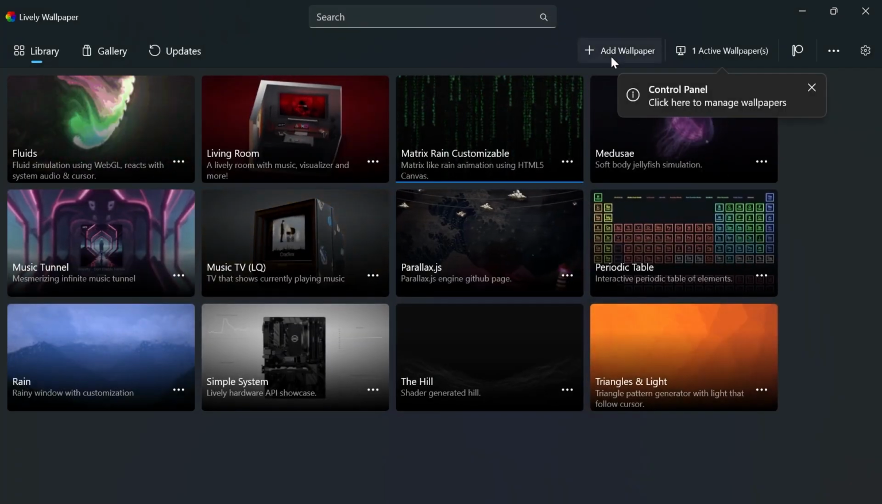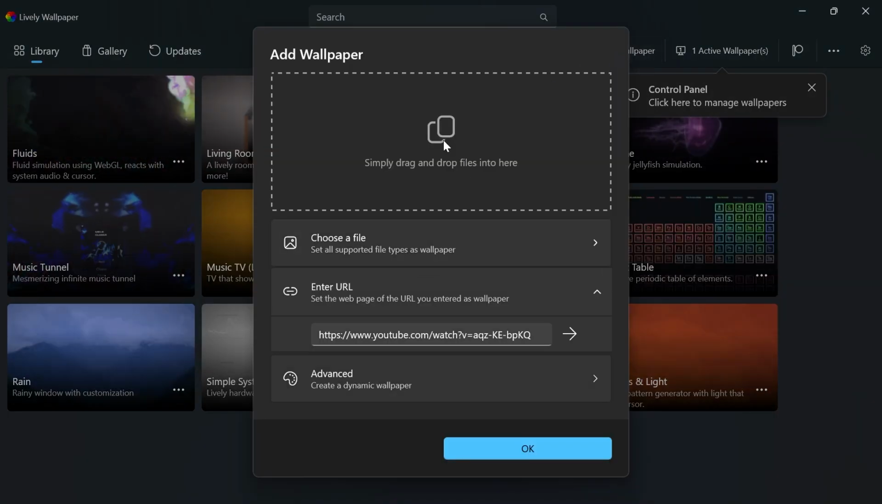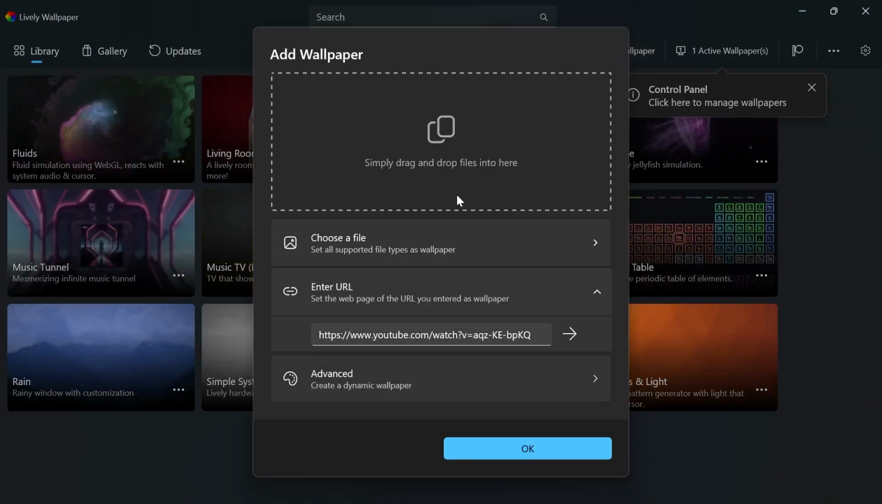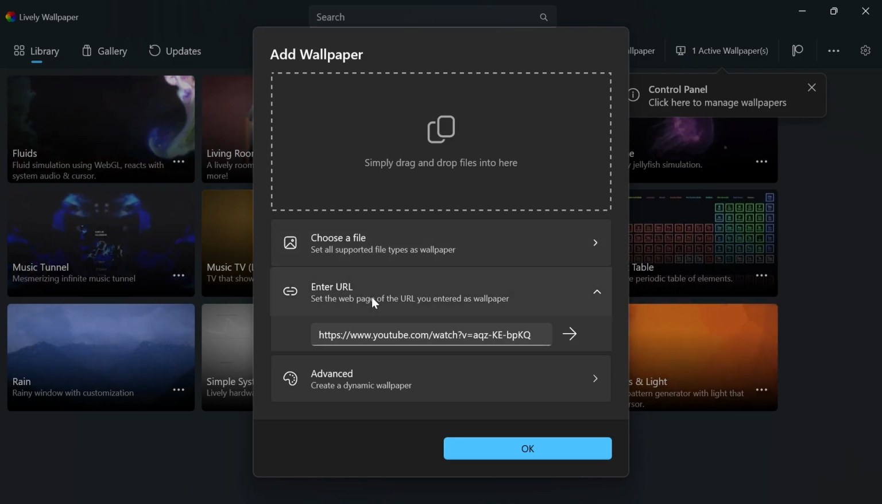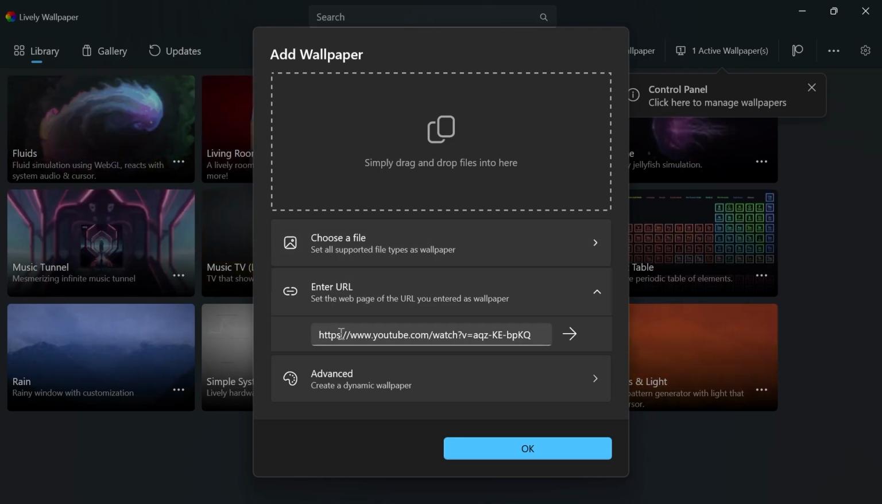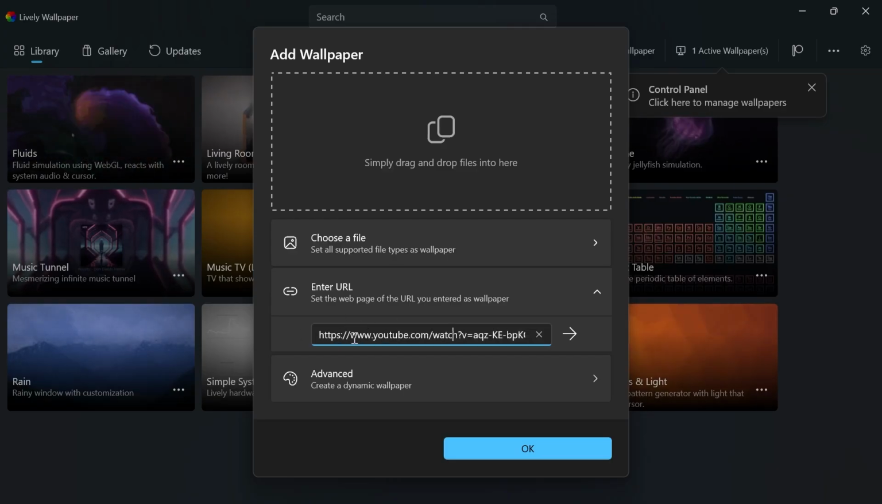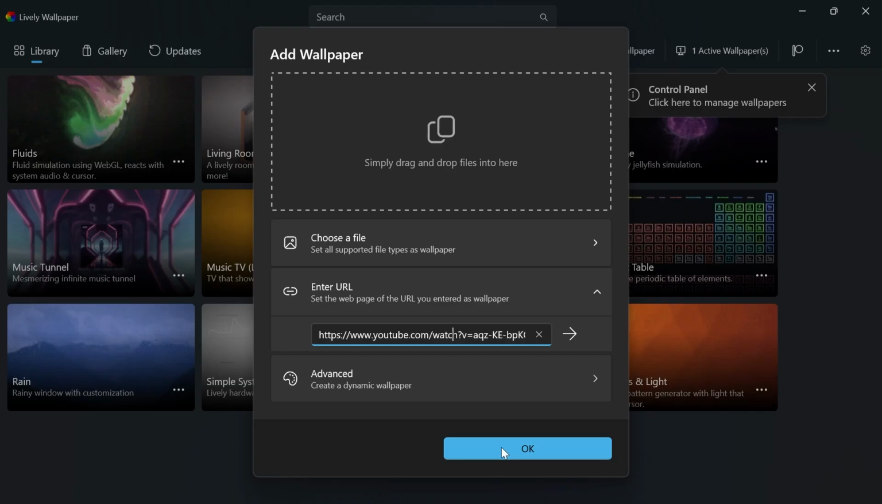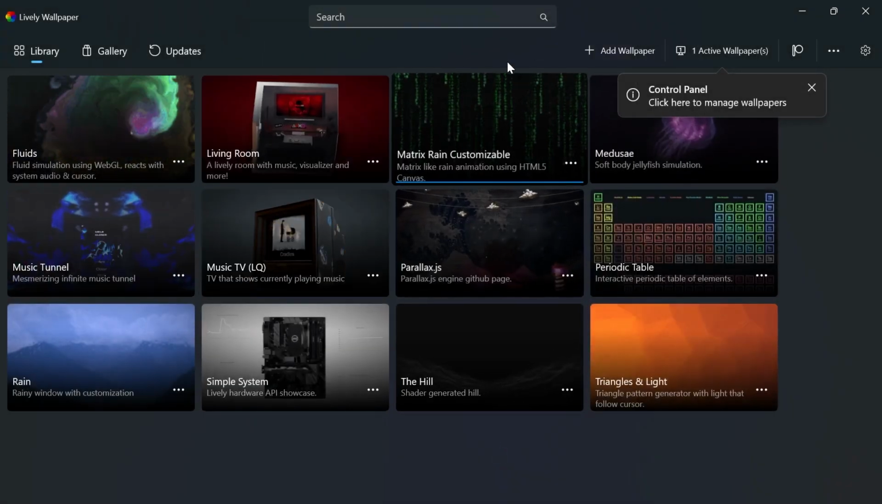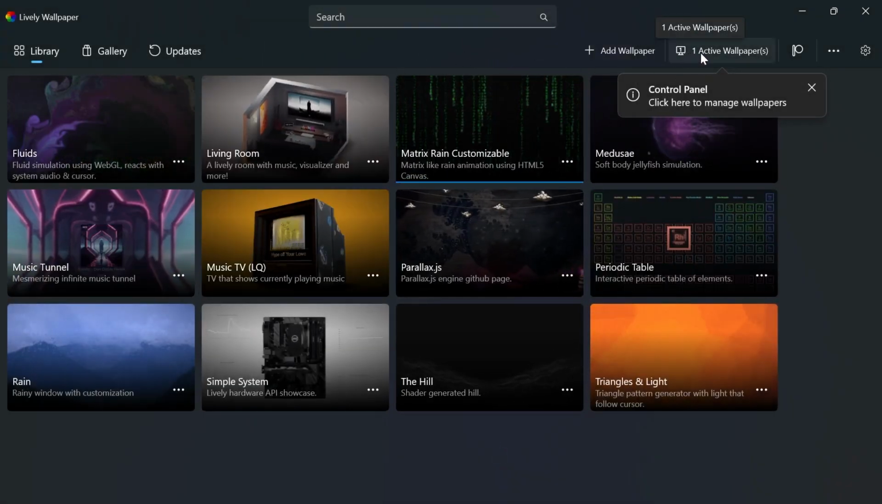You can also click on Add Wallpaper in the top navigation, and you can use your own custom animated wallpaper by uploading a file. You can also enter a URL, so this could be something like a YouTube video, and you can use basically a YouTube video as your wallpaper for your computer. Once you finish, just click on OK, and to manage your active wallpapers, we can just click on this active